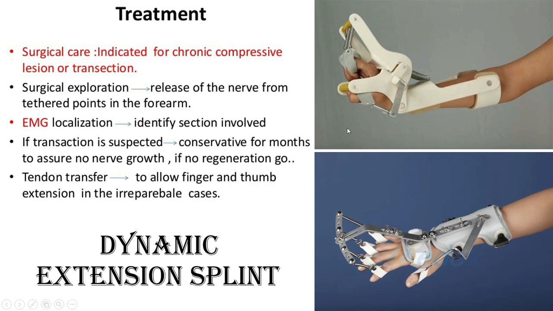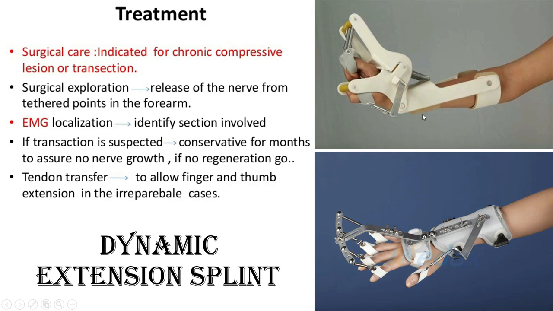This is because recovery takes around a maximum of 3 months. So if the wrist and all the small joints remain immobilized, there will be stiffness along with over-lengthening of the musculotendinous junction, and it will act as a flail hand, and wrist deformity will occur. So to prevent that, we give a dynamic cock-up splint, and this type of splint helps, and you have to advise the patient to do regular flexion and extension.